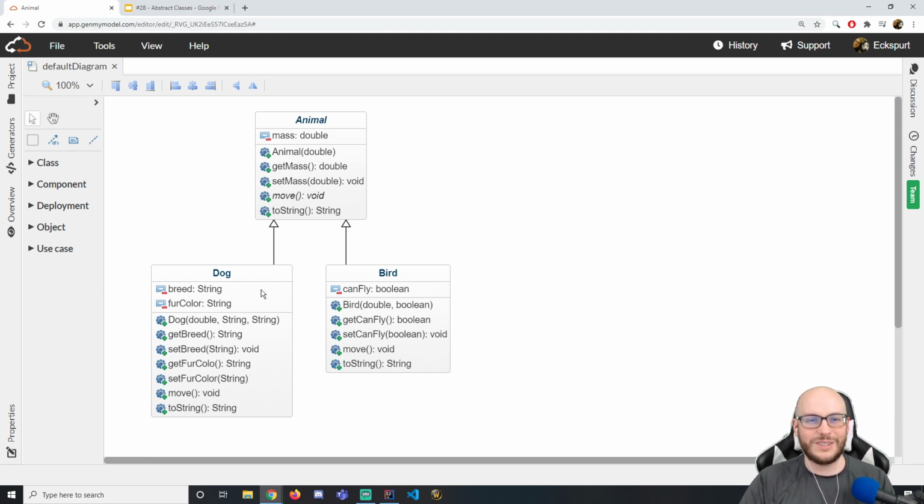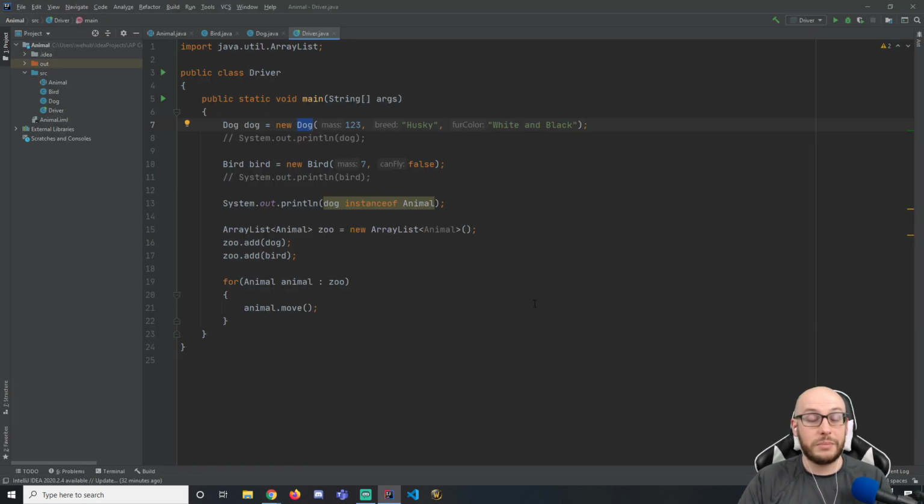Things that wouldn't be instances of animal are anything outside the class hierarchy: string, scanner. Object is not an instance of animal because technically, object is above animal, so it's not equal to or beneath. So because these things have a common ancestor, they can go into the same data structure. And the reason why you want to do that is that maybe you want them to interact together, in this case, in a zoo,